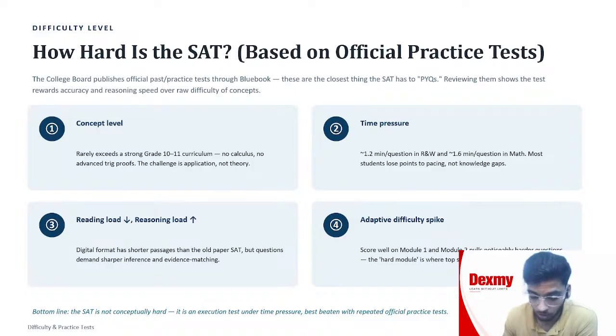Yeah, so now I was saying how hard is the SAT. So now I'll tell you about that thing. So SAT is not that hard. First of all, you have to know the concept. So if the concept level is good,